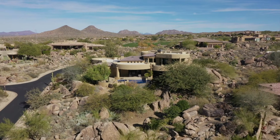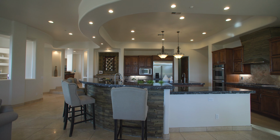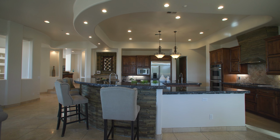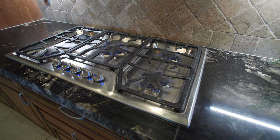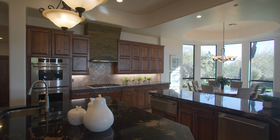Number 2, Gourmet Kitchen. When we speak of the kitchen being the heart of the home, this rings true here. With the solid wood custom cabinetry, an abundance of granite countertops, and upscale Thermador appliances, you'll love being in this